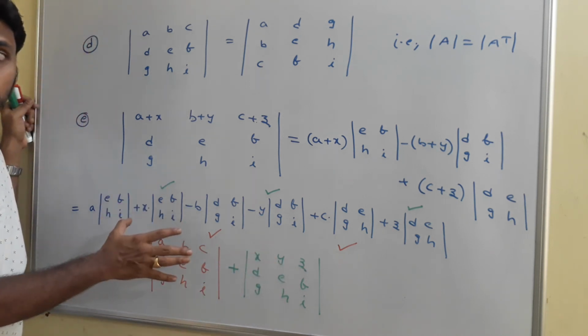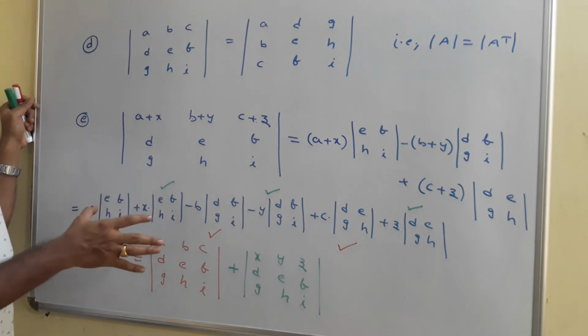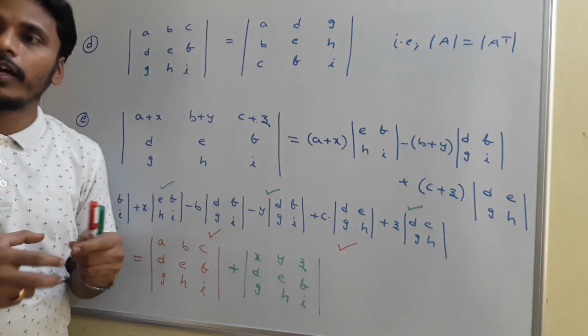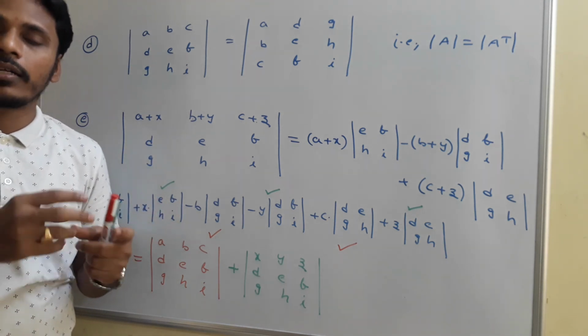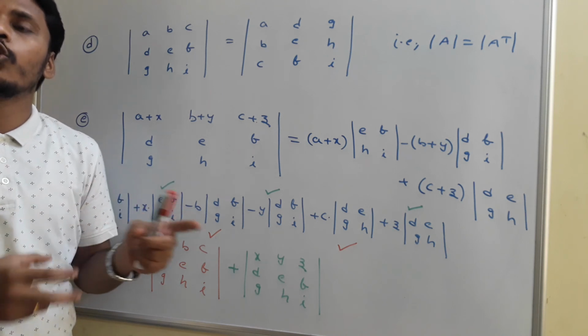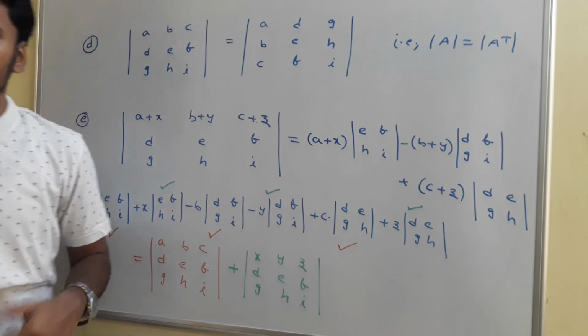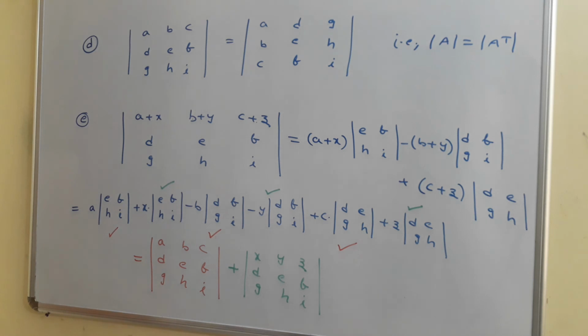Okay, just have a look, and using all these things, we are going to generate some more tricks and some more transformation techniques to find the determinants easily. Okay, just have a look. And these are totally five different properties related to the determinants. We will use these five to generate many more.